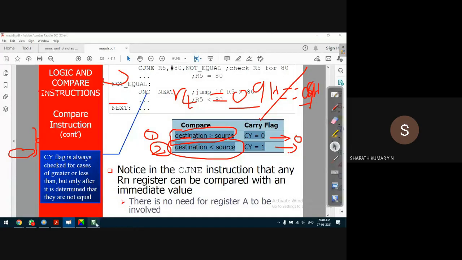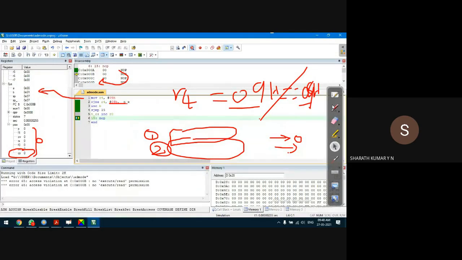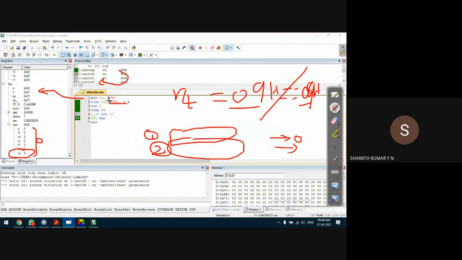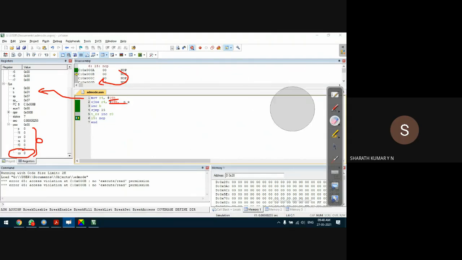In the earlier case in our program, what we had done is initially I had taken R4 as 09H. Let me erase this, guys. So what I have done till now is initially I have taken R4 as 09. I compared with 06.